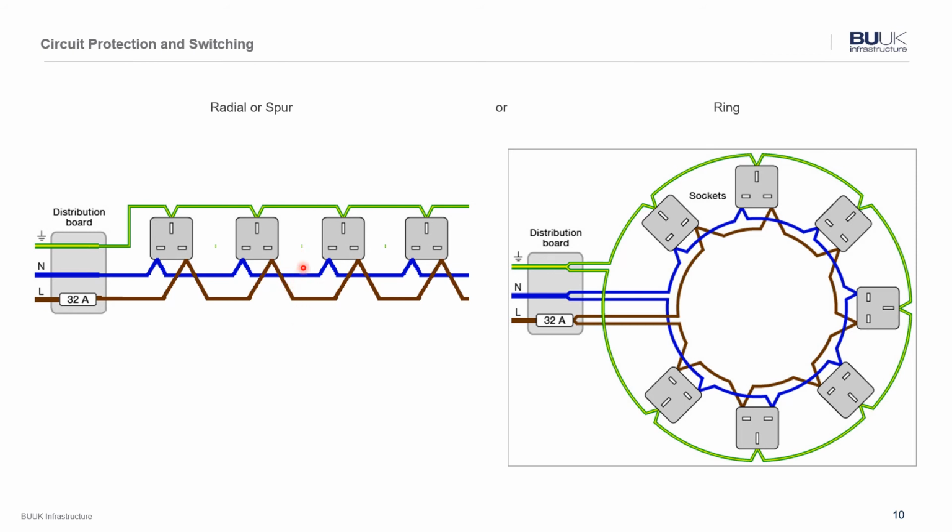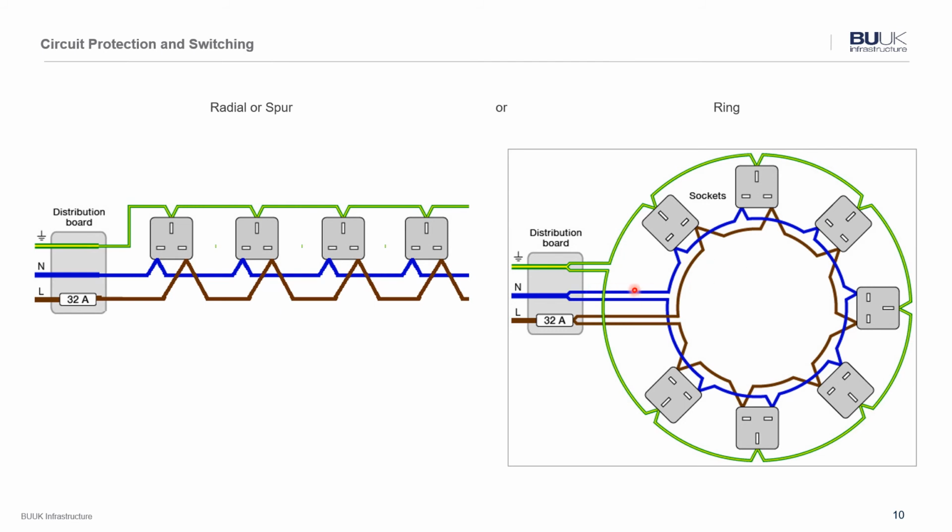Our LV networks are generally connected in this kind of form, where from a central location, either a point of connection or a substation, each way coming off is fed like this. It can go off in multiple directions, hence the idea of it being radial, in that it radiates out from a central point. If we then look at the ring network, you can see that it's very similar to a radial network